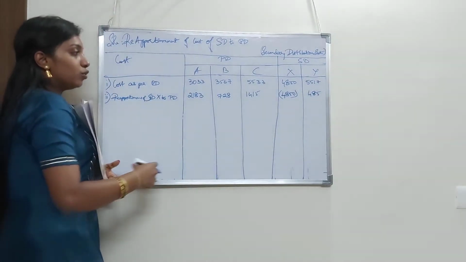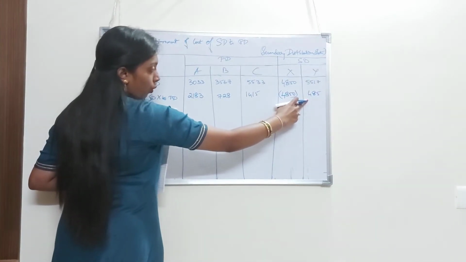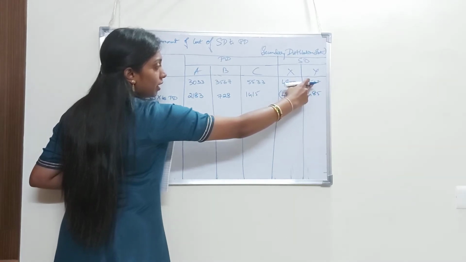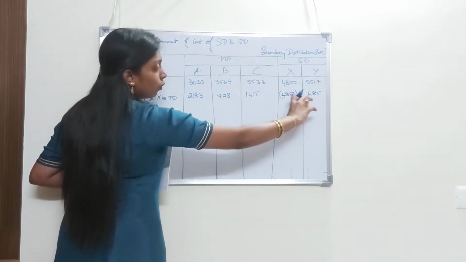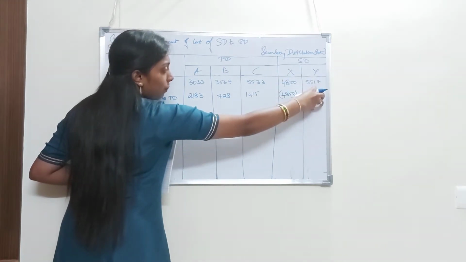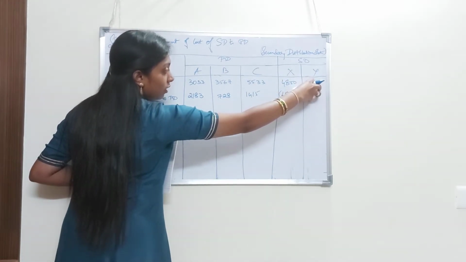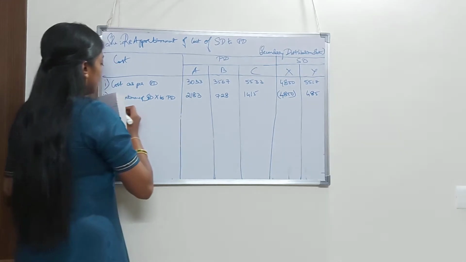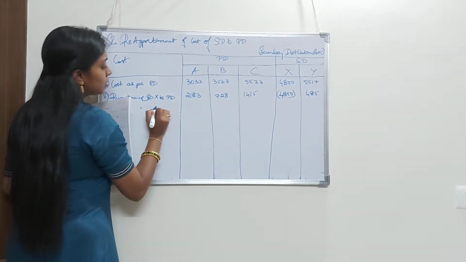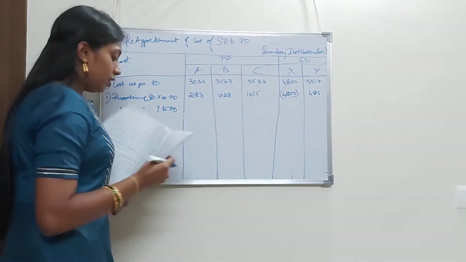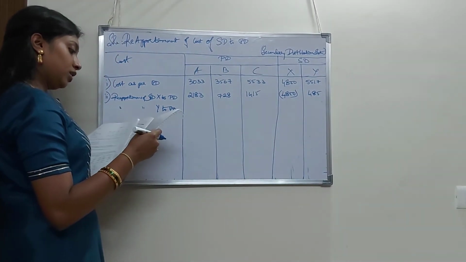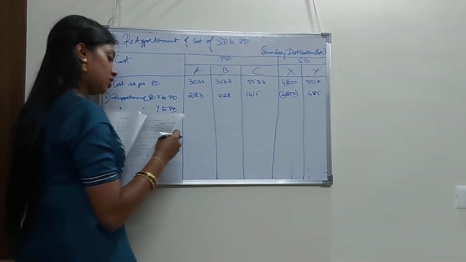Again, if you look into this particular row, Y department has got the amount. X department expenses we have allocated for all, but Y department's expenses are still pending. So what would be the next step? Reapportionment of service department Y to production departments, right? So what is the difference? So it is